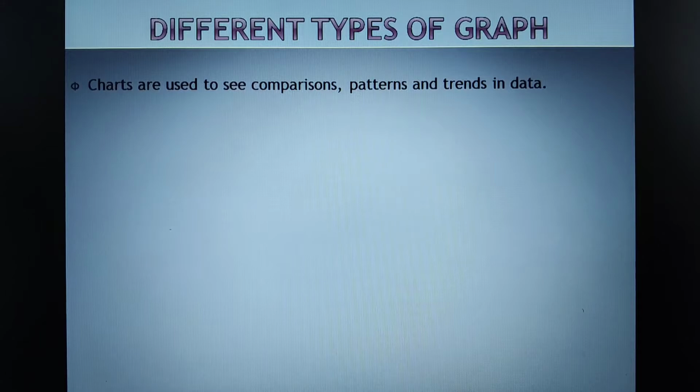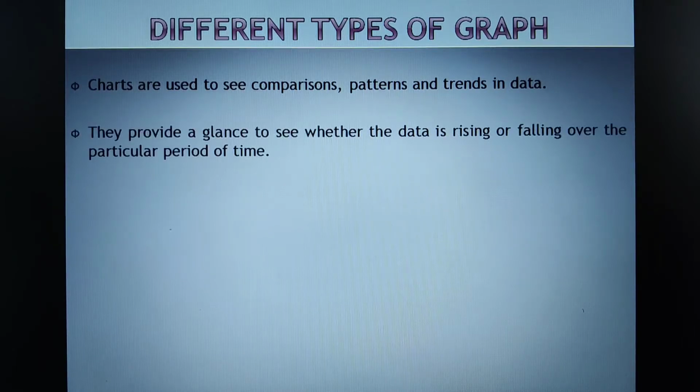Mainly these charts are extensively used to show the comparison between data over a period of time, or based upon different patterns, or different trends in the data. Trends, in the sense the data that changes over time, we call trends. So by looking at these charts, we can make out whether the data is rising or falling over a period of time.